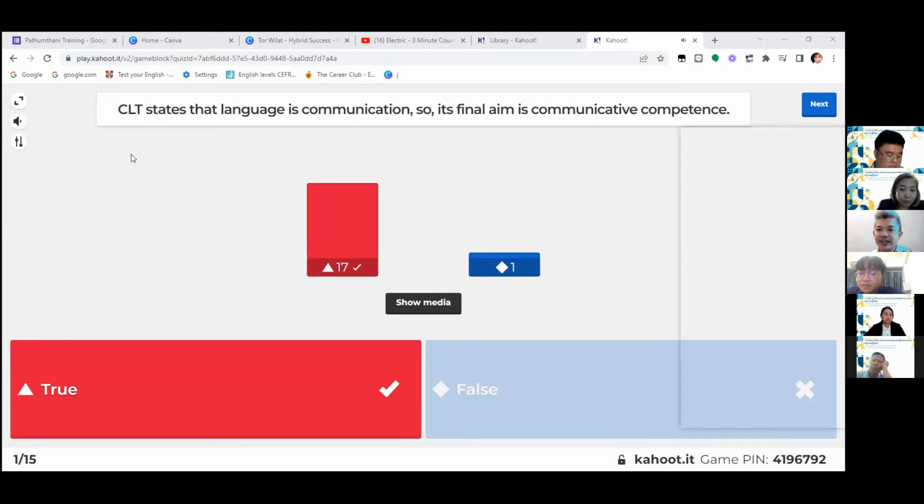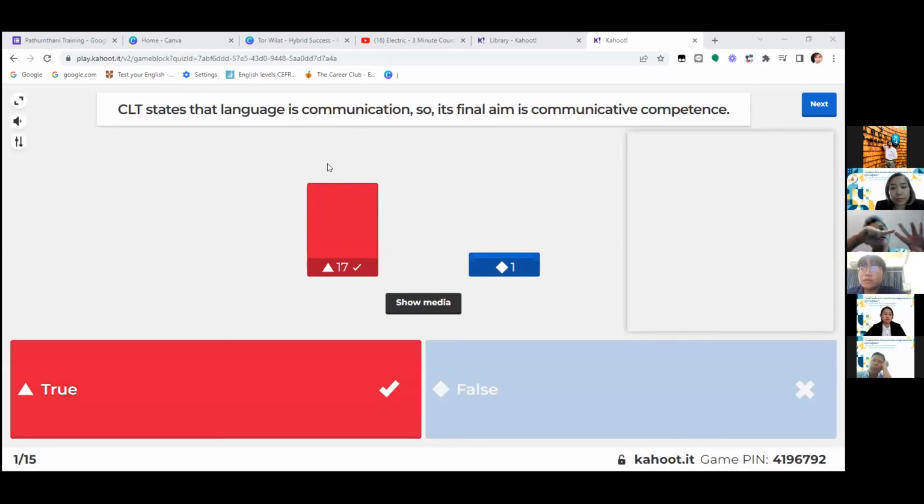Competency, right? Thinking about the competencies. This is about a competency. So when you state the aims of communicative language teaching, our final aim is to help them talk better, read better, and also write and listen to different resources in the world, even in the global language.